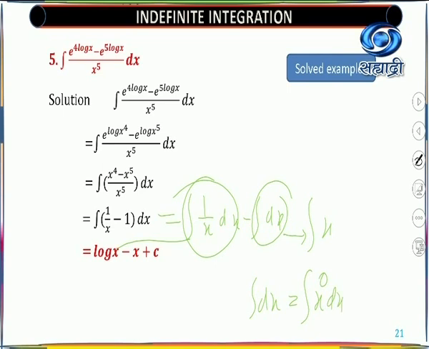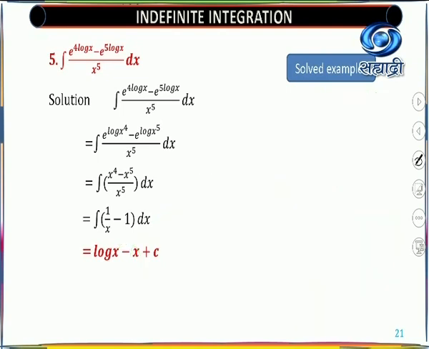And for x^0, as usual our formula says that integration of x^n dx, with the condition that n is not equal to minus 1, you have to add 1 to n. So you will get x^(n+1)/(n+1) plus constant of integration. So here you will get x^(0+1)/(0+1). 0 plus 1 is 1, so you get x^1, which is x upon 1. So you are getting x plus constant of integration. This way you will get your values for the example.